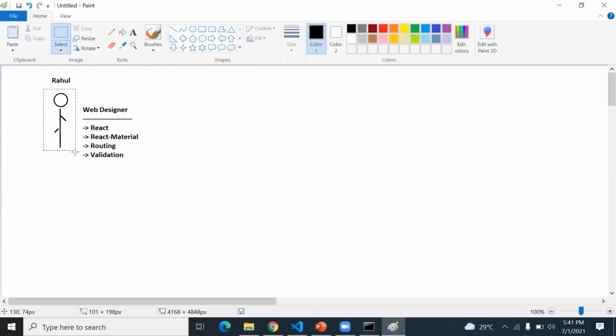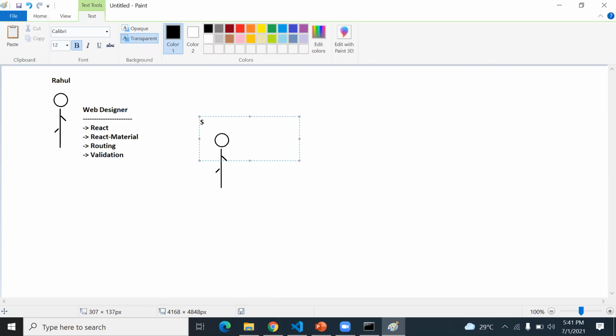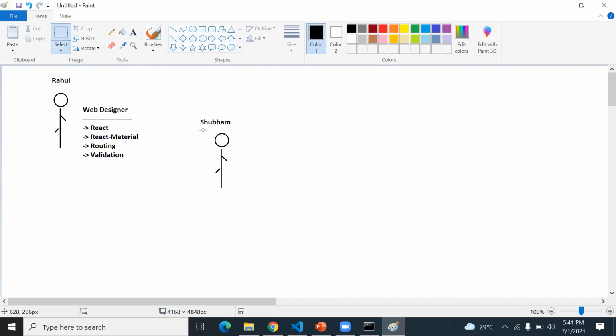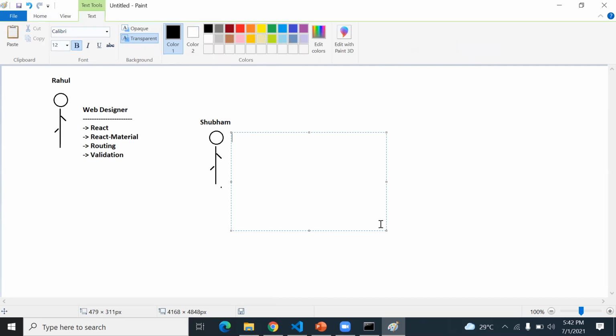Similarly, one more person, let's say Shubham, is working on another module of the project. Shubham is also designing the pages, but specially he is working on the modules called login and sign up. Means for new account and for login, Shubham is working.